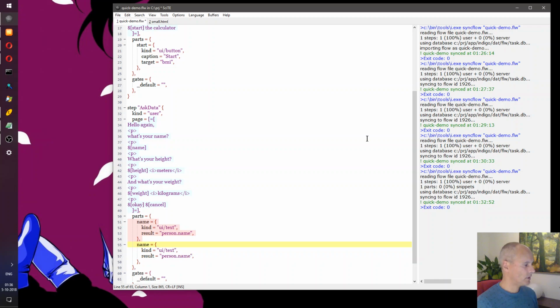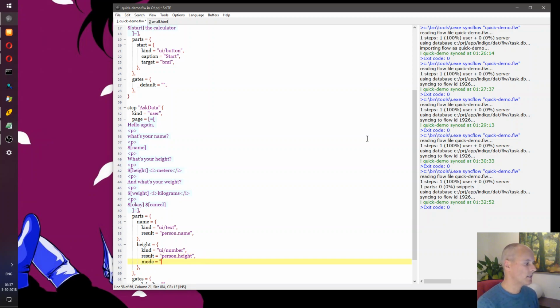And to save us some typing, I'm asked about height. I'll do it like this. Specify where the value should go.